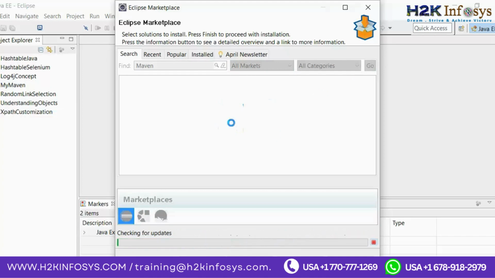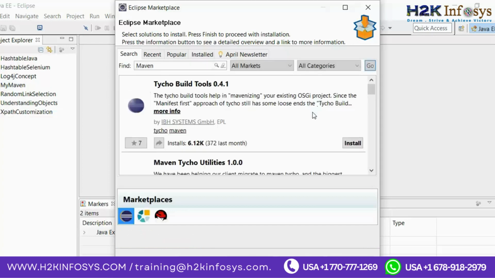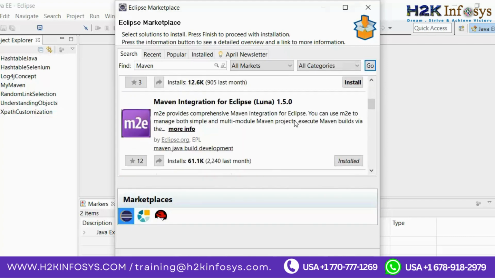This will install the Maven plugin for Eclipse. Wait for some time until the window populates. This is the Maven integration for Eclipse.